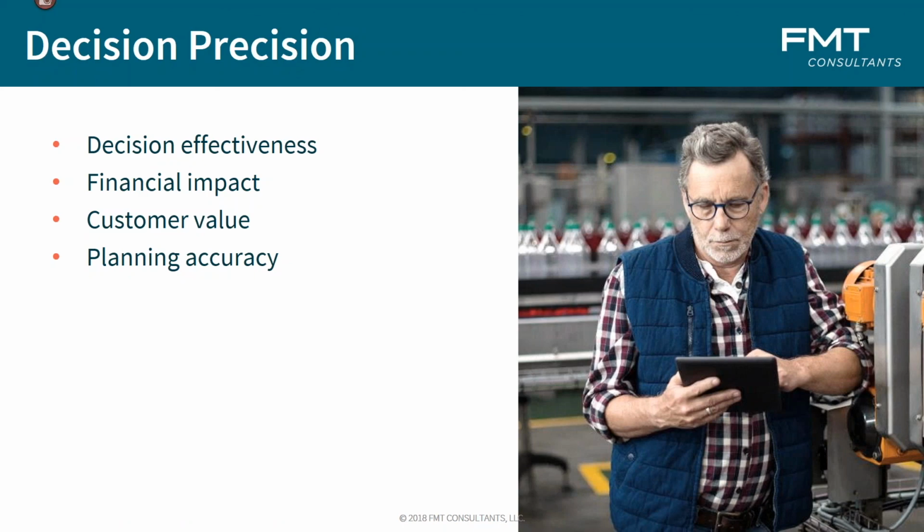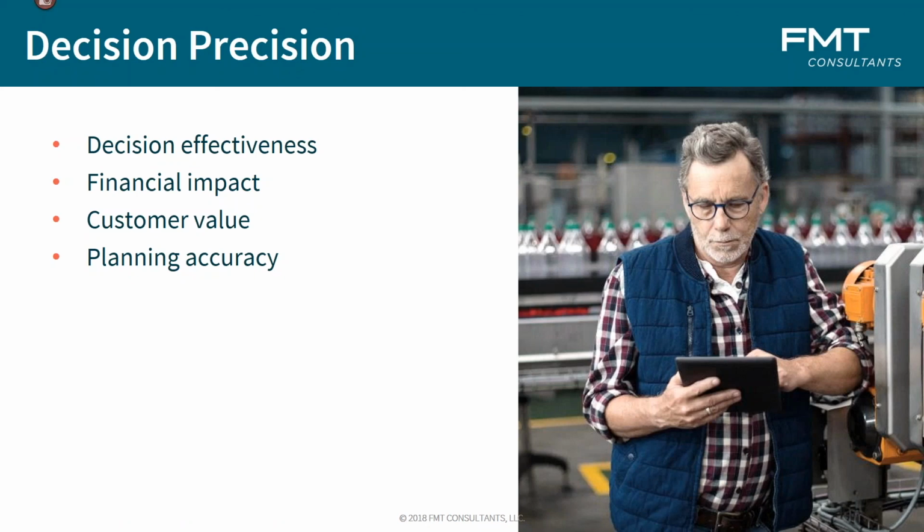Precise business decisions will typically involve various financial outcomes such as profit, expense ratios, customer lifetime value, revenue losses, as well as the accuracy of predictions, comprehensiveness of factors involved, and a level of granularity. So decision effectiveness, financial impact, customer value, planning accuracy,